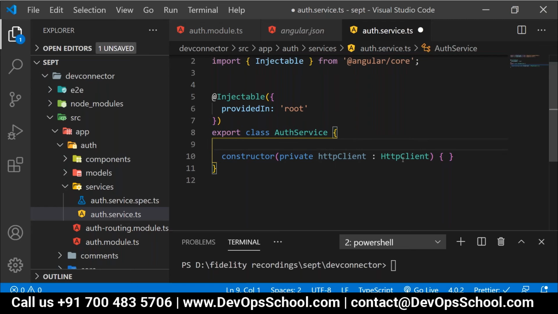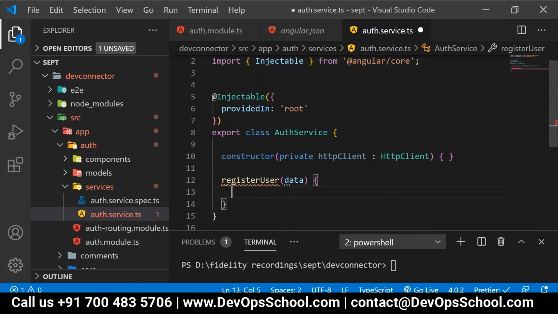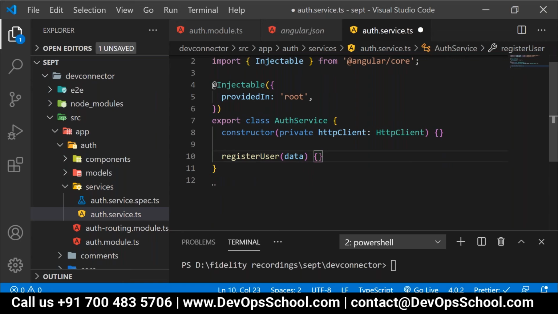Okay, next point. Here, now what I'll do? Here, I will create a registered user service, which will accept the data. Here, I have created a function or not? Correct, everyone? This function is treated as a service.